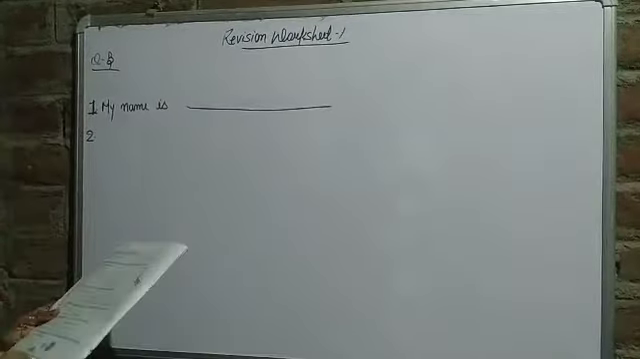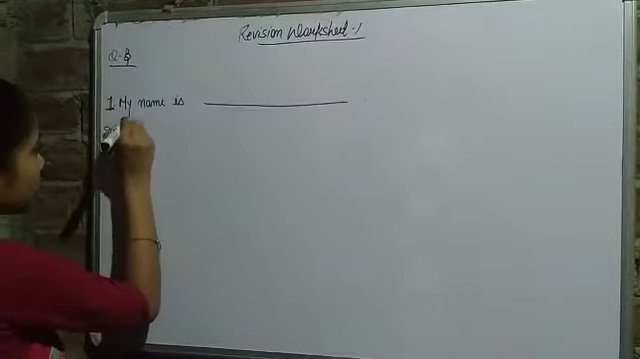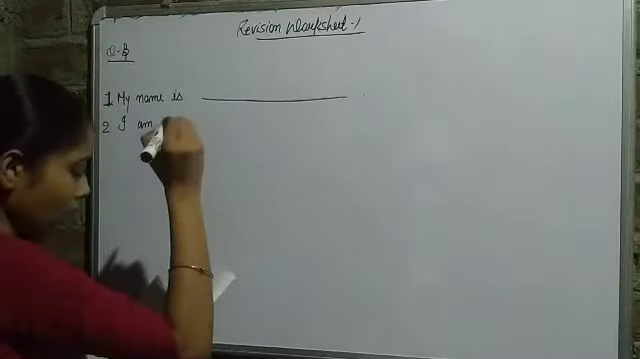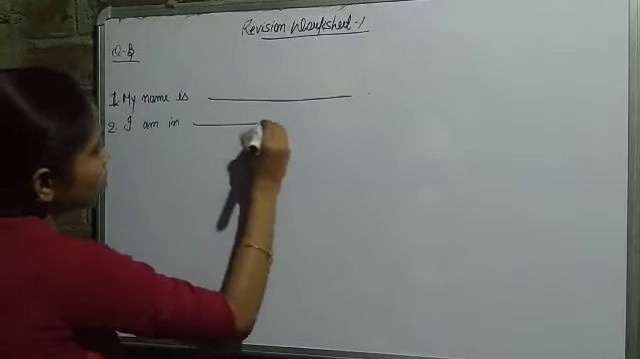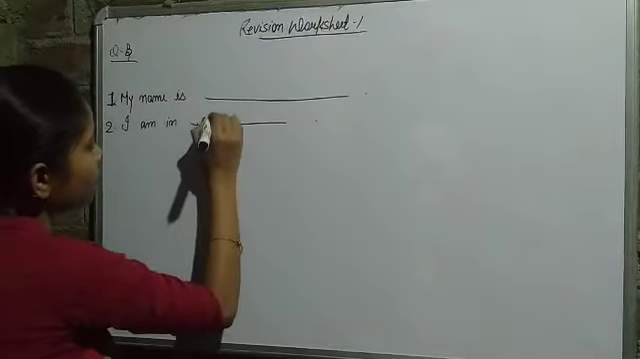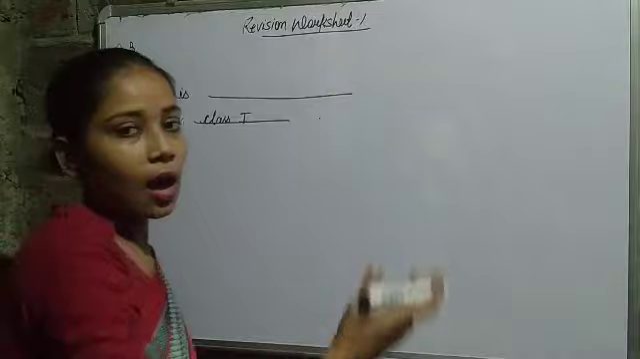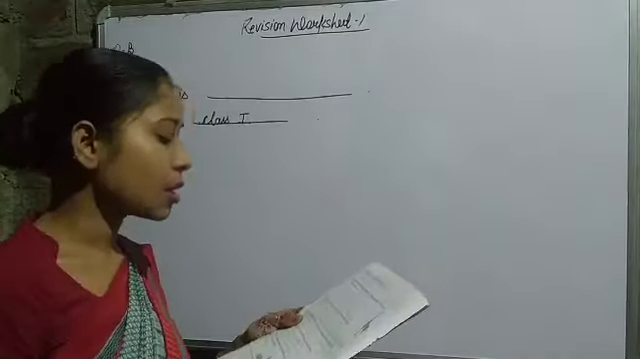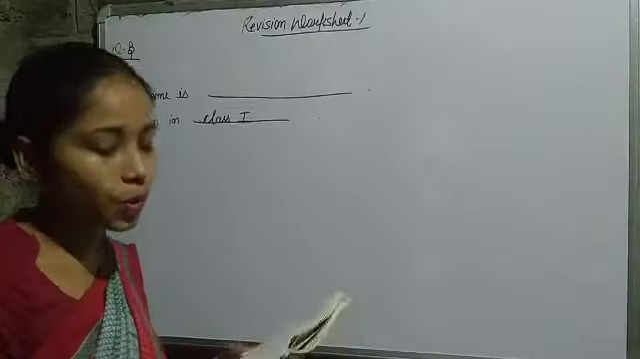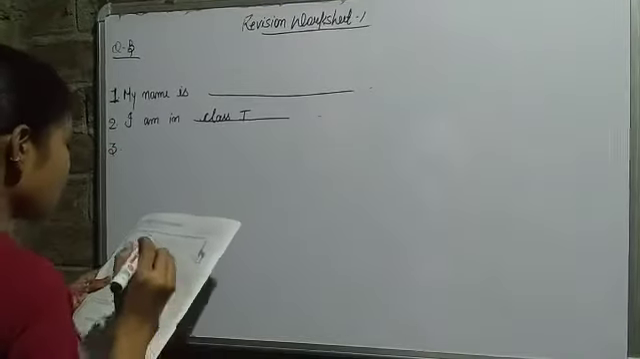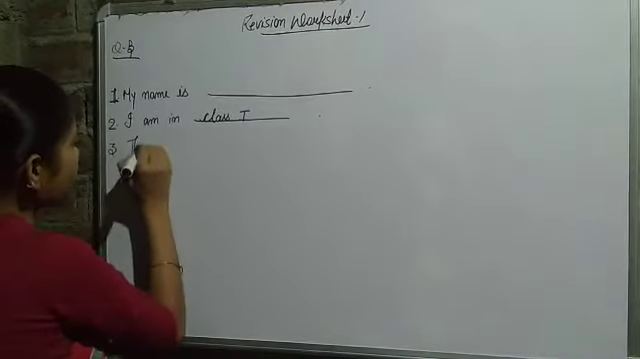Number 2, I am in dash. तो यहाँ पे we can write for all. नाम अलग अलग होते हैं इसलिए मैंने नाम को नहीं लिखा, but class सबका same है, so I have written the class here. I am in class 1. Number 3, the name of my school is